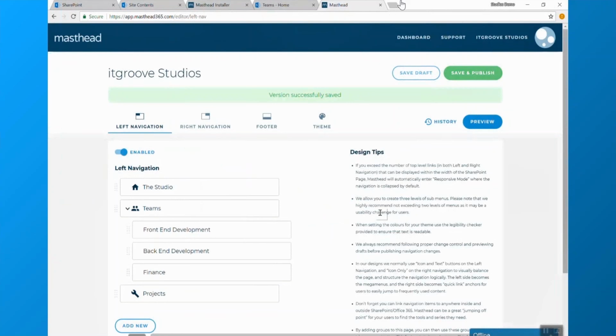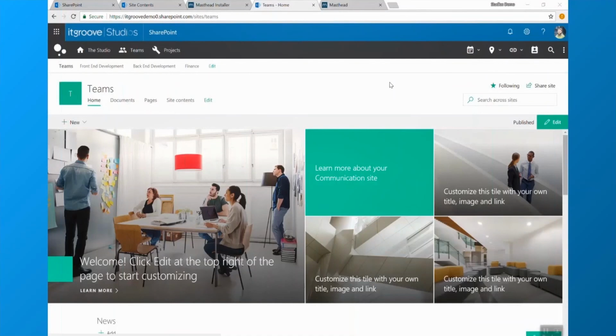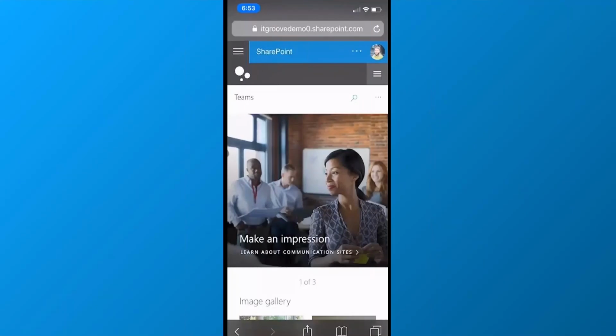From there, if I move on, now I would actually come in and go over to the SharePoint tab, and if I refresh that page we were looking at before, oops, sorry, apologies on that. There we go. So I'm gonna actually show it to you on a mobile device instead of on a desktop,